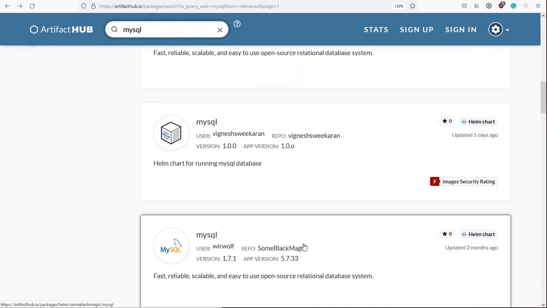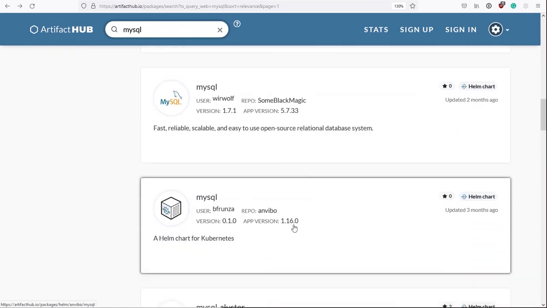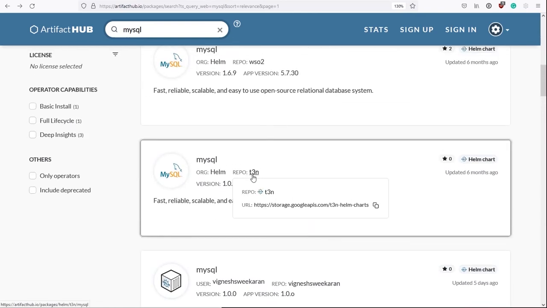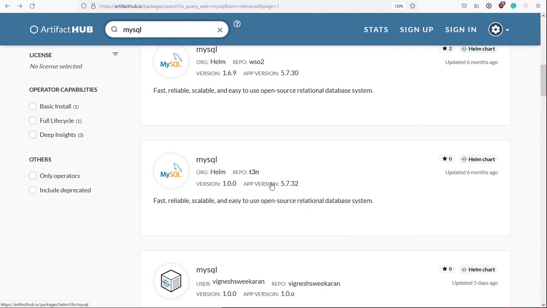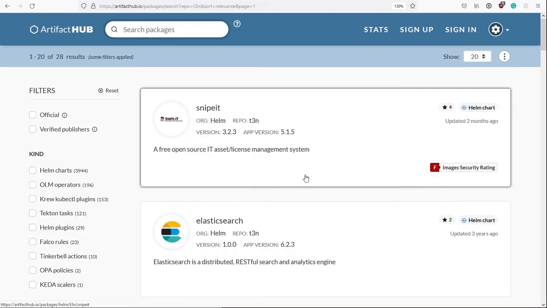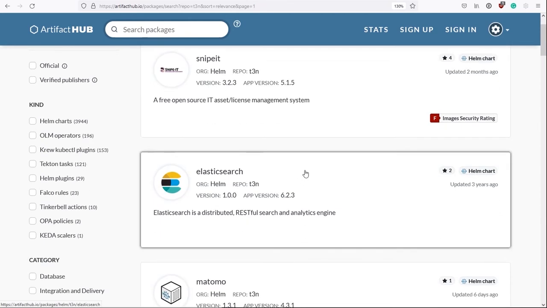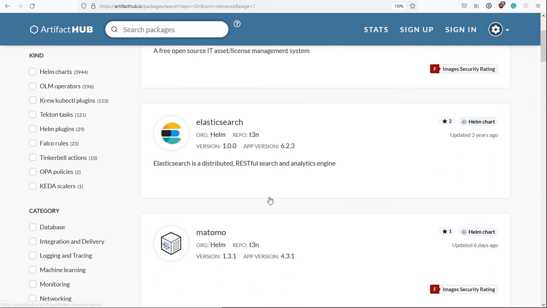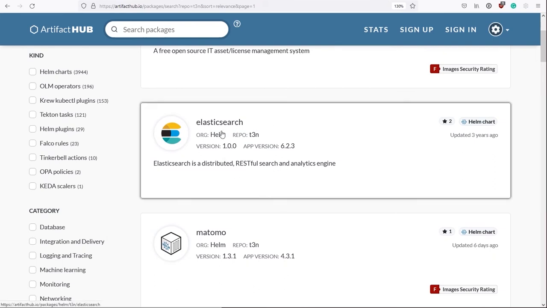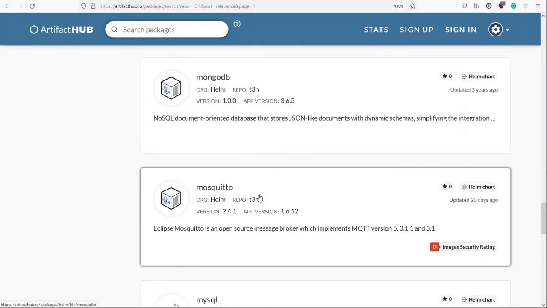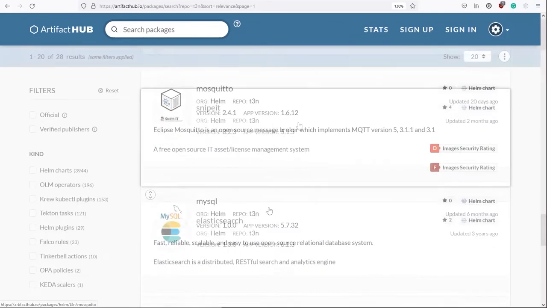And quite frankly, I don't recognize many of these repositories. Just picking out one of them, a repository called T3N. Now, I don't know if you've heard of them, but if I follow that link, I can follow the link to T3N. And they have on their repository Snippet, license management system. They've got Elasticsearch in their repository, even though, as far as I know, they're not responsible for Elasticsearch. They are hosting it. Looks like they've got quite a wide range of charts. MongoDB, yeah, quite a few others.